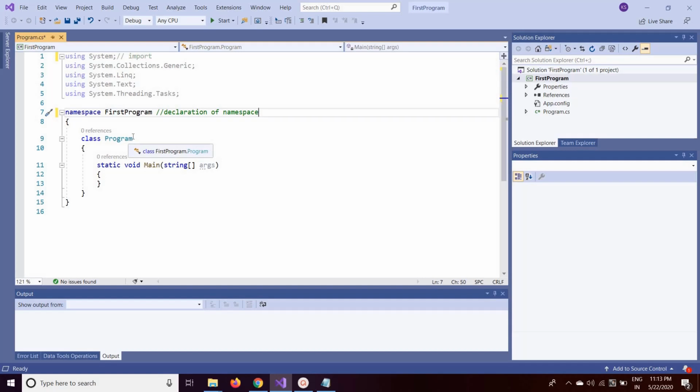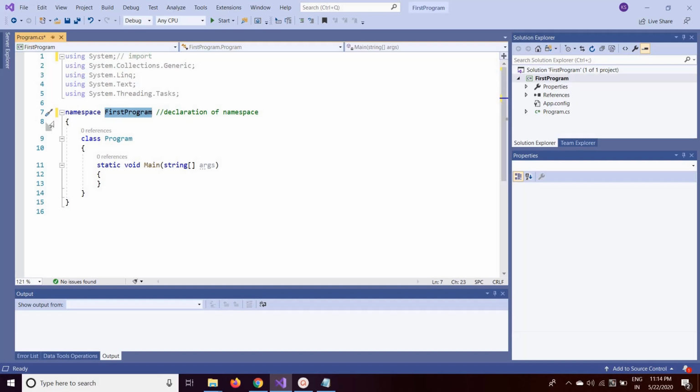It is to be declared inside the .NET applications, and all the classes related to this project should be declared inside one namespace. The syntax is namespace and the name of the namespace. Generally the namespace name will be the same as the project name. We gave the project name as first program, so that is the name of the namespace.